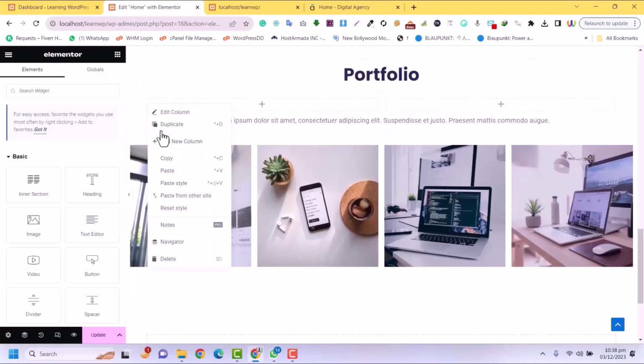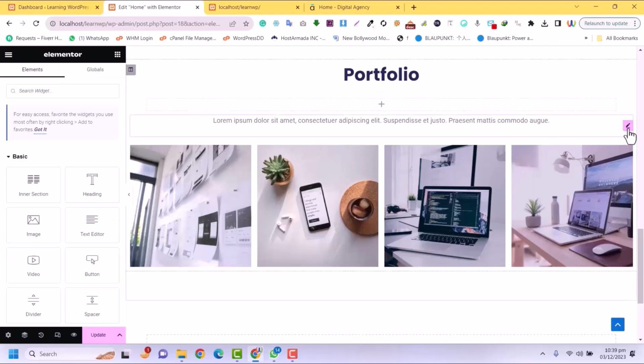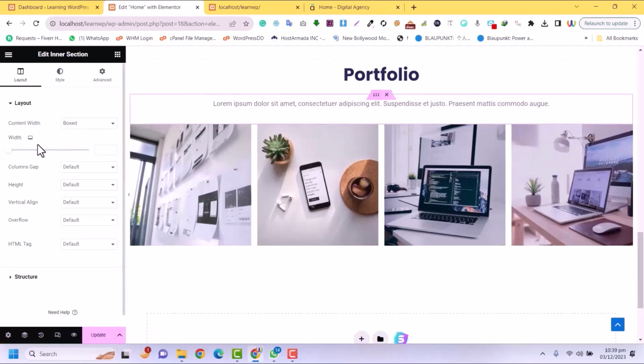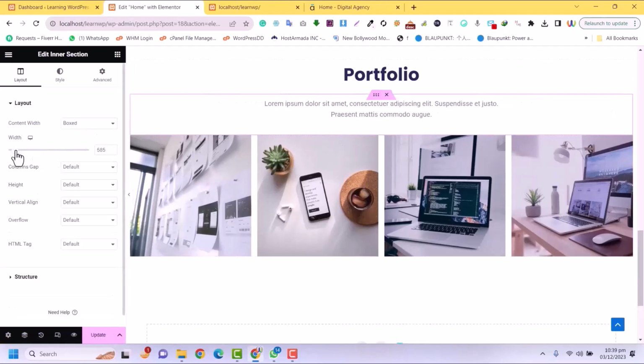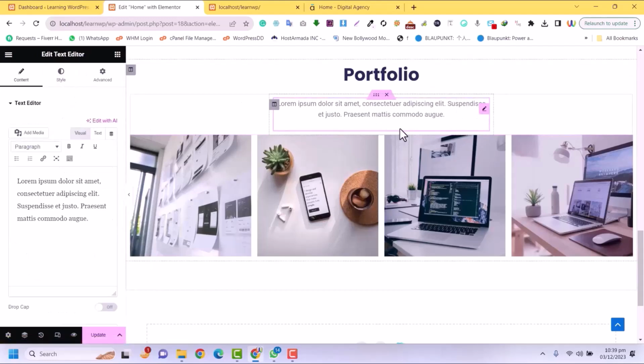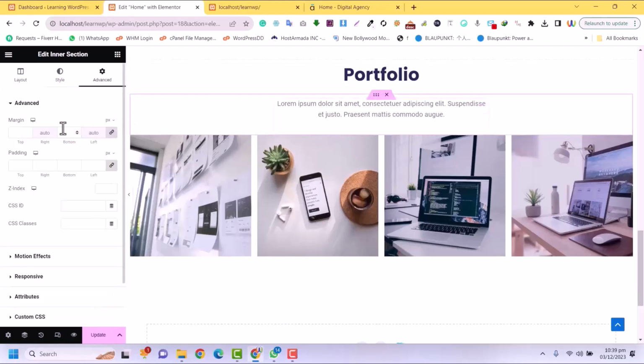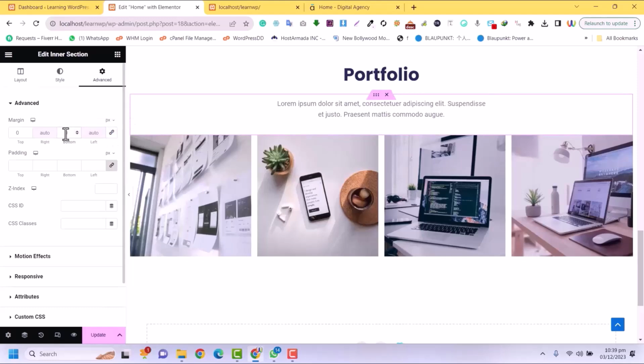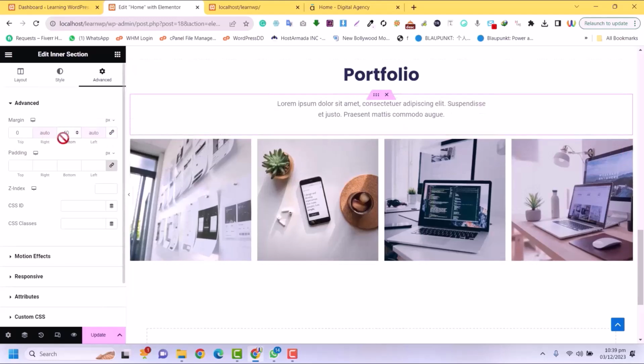So I just delete this one column and drag and drop inside this one. Inside that is the inner section, and you can set the width for this. For example, this one is looking very nice, 2 rows are looking good. I can also set the color combination as I have already told you how you can do that. In the style, I just want to add a margin here, for example, 10 margin in the bottom,